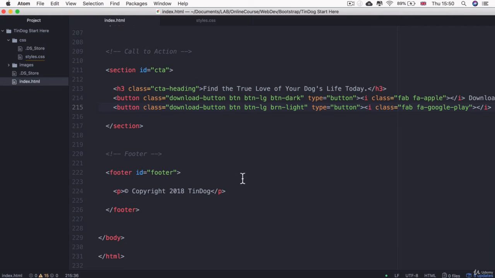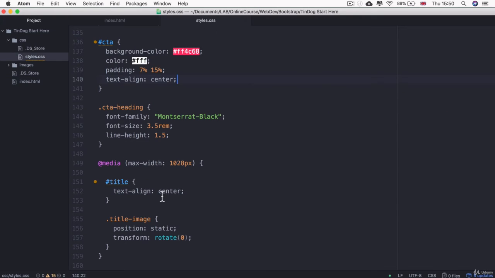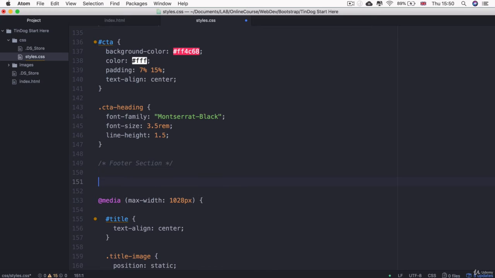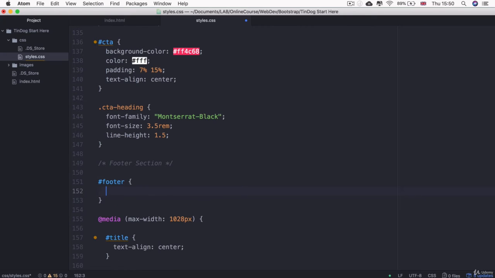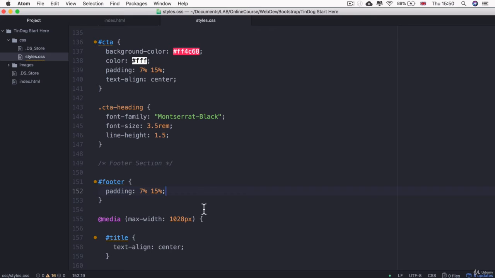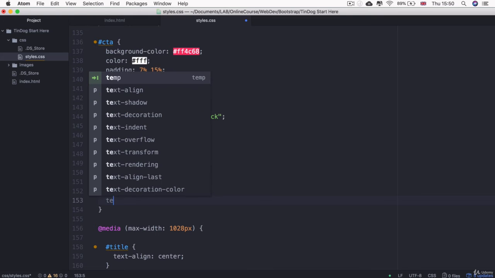So let's go ahead and check that we've got the footer with an ID called footer. So we can target it down here, and I'm just going to add the footer section comment. And then I'm going to target the footer ID, and I'm going to give it a padding of, you got it, 7% and 15%. All right, so we now actually have a footer, which is pretty sweet. Again, content needs to be centered, so let's add text-align center,